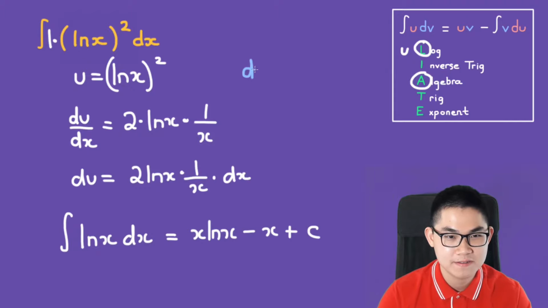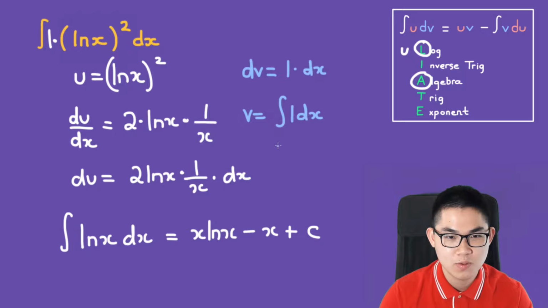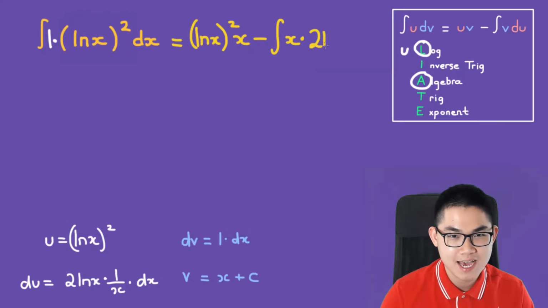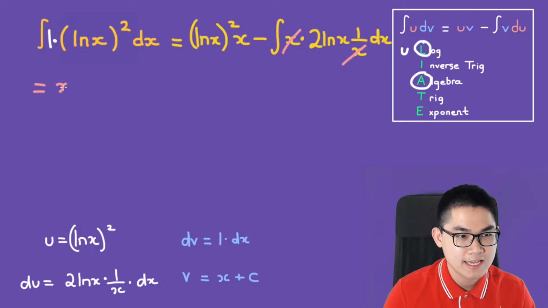So how about dv? Oh, dv will be 1 and dx. So 1 times dx. So v will be the integral of that, 1 times dx, which is simply x plus c. So our integral will be equal to u times v. So u is ln of x to the power of 2 times v, and v is simply x, minus the integral of v, which is x, times du. And du is 2 times ln of x times 1 over x dx. And as you can see, the x will cancel out. So we have x times